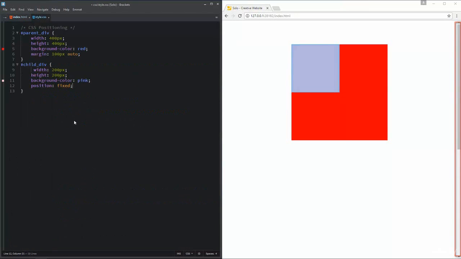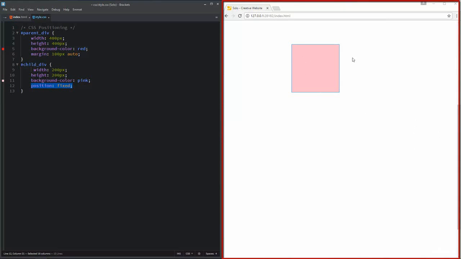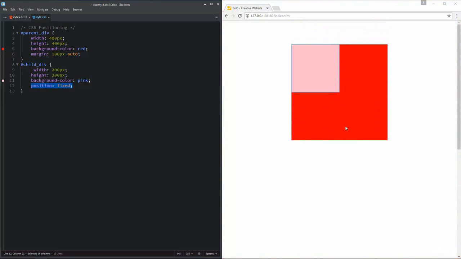I'll go to style.css and I'll be back to the point for fixed positioning. We have this child element which is position fixed, and if we scroll it stays fixed in that location. So when we are talking about fixed positioning, we are talking about in relation to the browser window. Let me add some directional values for this fixed positioning. Let us do top 0 and left 0. Only when you have 0 you can leave off the pixel unit. If you have 0, you don't have to use your unit of measurement.